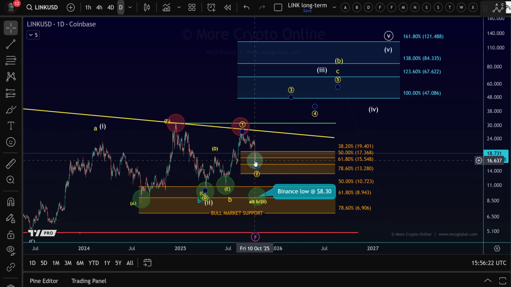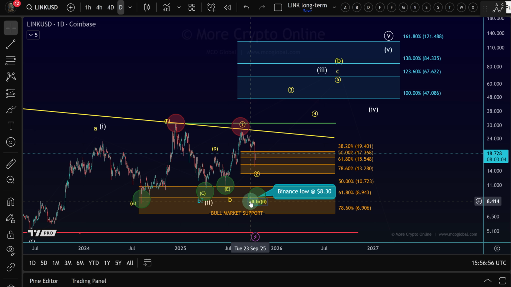Because the price dropped below upper support into lower support on the Binance chart, I did add here on the chart just a text box highlighting where the Binance low was approximately. I'm not considering this at the moment in my wave structure analysis, but we have it as an alternative chart, the alternative scenario on the chart, which is the alternative B or alternative wave 2, so that actually the lows that already formed in this lower bull market support zone,